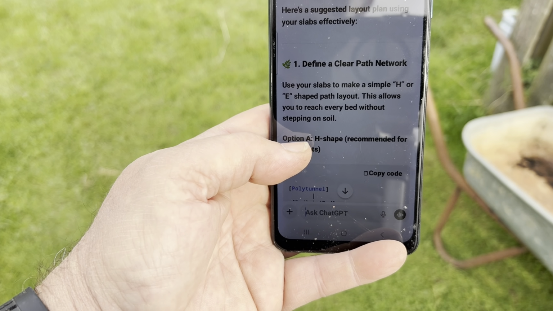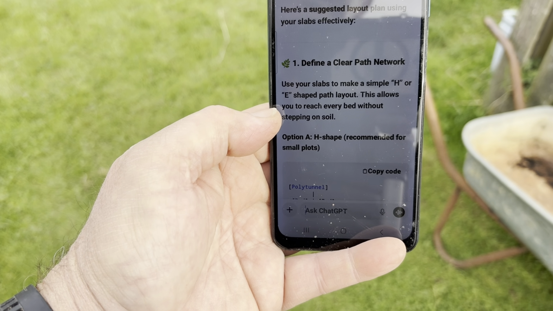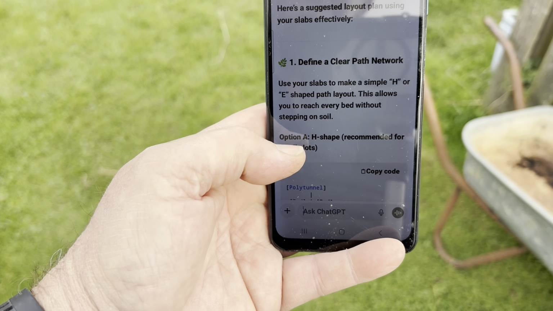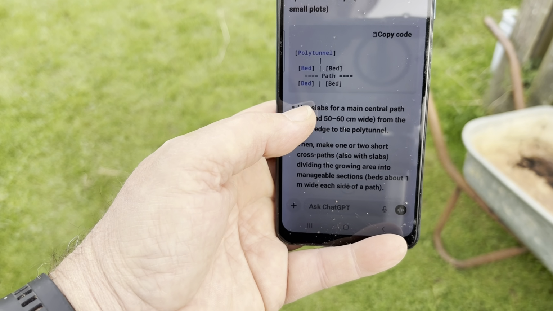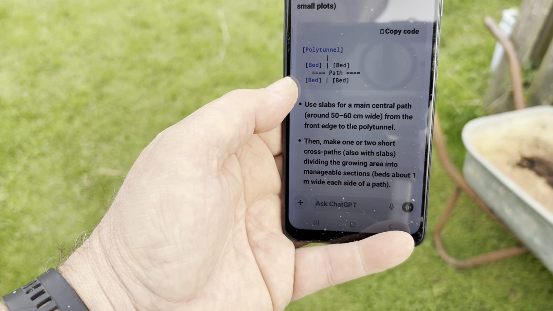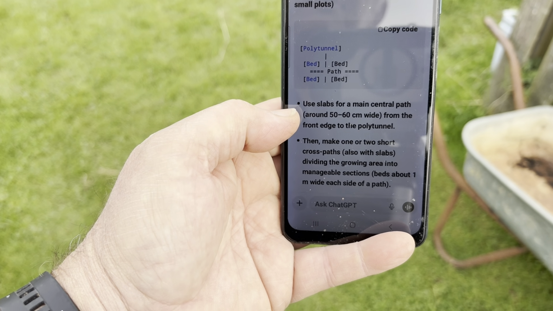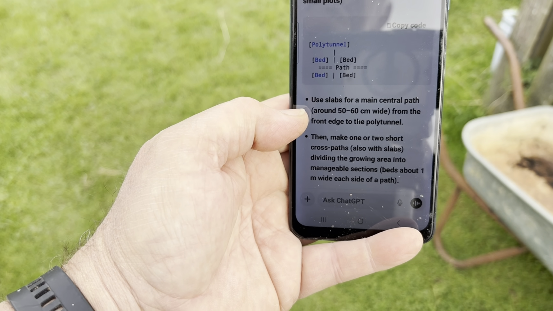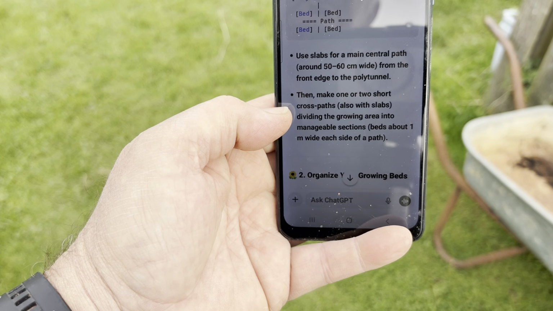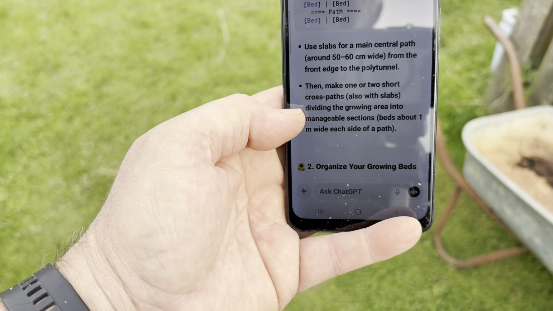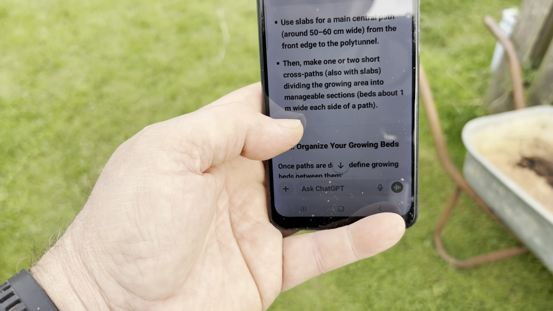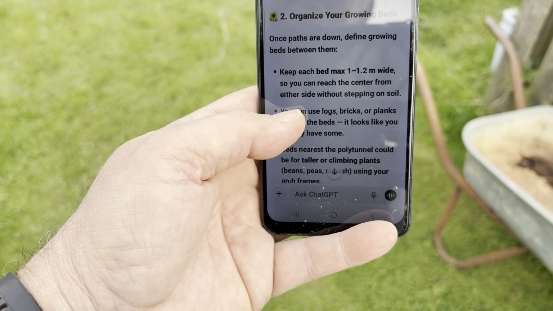To define a clear pathway, use your slabs to make a simple H or E-shaped path layout. This allows you to reach every bed without stepping on the soil. And then we've got a little H-shaped image. Use slabs for main central paths around 50 to 60 centimetres wide from the front edge to the polytunnel. Then make 1 or 2 cross paths, also with slabs, dividing the growing area into manageable sections, beds about 1 metre width either side of the path. And then we go on,